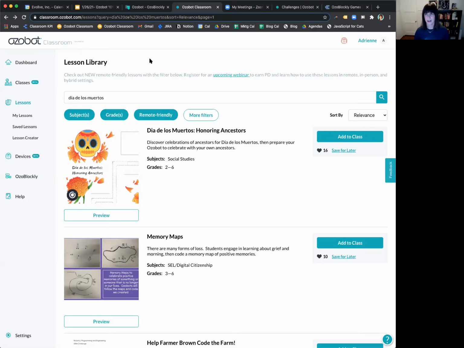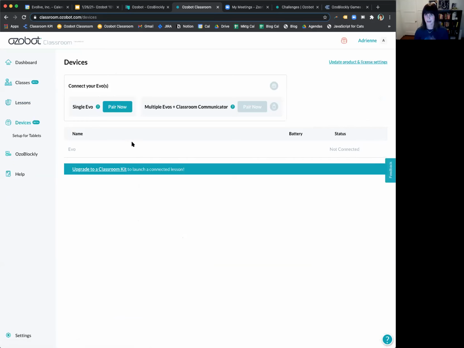If you are using Ozobot Classroom and you go to devices and update your robots here, we've made it really easy for you to connect to all of your robots and update them at once using an Ozobot Classroom communicator. So if you do that and update within Classroom, your bots are going to be automatically put into classroom mode so that those proximity sensors get turned off, and you can use any of the lessons that way. So hopefully that answered your question.